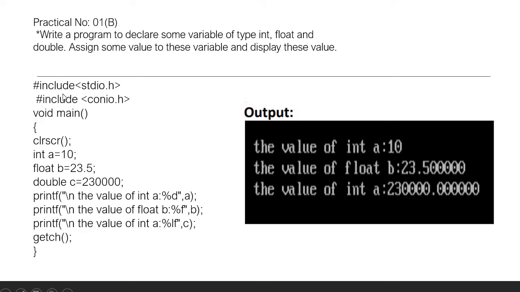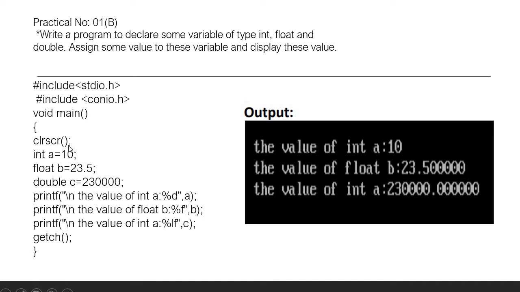Let's see. Over here, in every program you have to use header files. First header file is stdio.h because through this we enter the input as well as get the output. Now the next header file is conio.h. This is optional. If you are running your output in Windows, there is no need to put this header file, but if your platform is DOS, then you require this conio.h header file. After that, the main function is there.